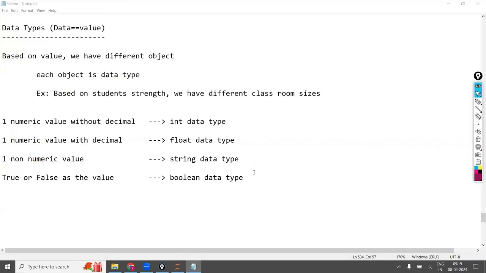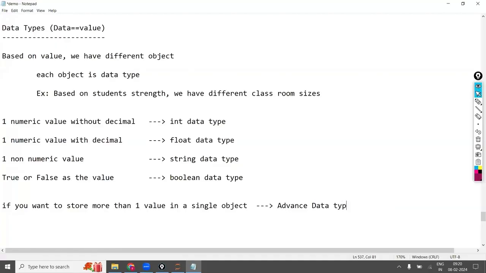If you want to store more than one value in a single object, then you have to go with the advanced data types.